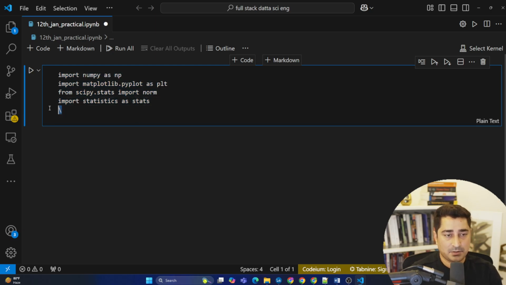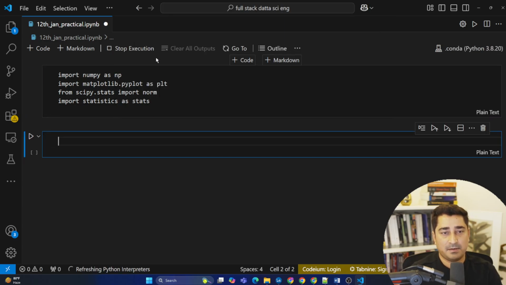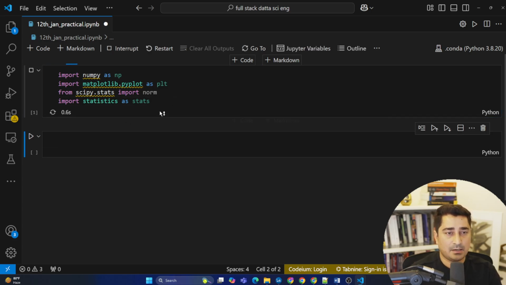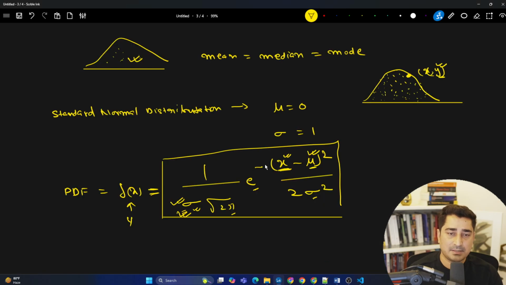Now just try to execute and check if something is missing inside my system. So select the Python environment, then Conda environment, and everything is not working fine for me. Let me check. It's executing. Yeah, so everything is working fine for me. I'm able to import all the required libraries. One by one, I'm going to use all of these libraries to show you a demonstration of the same thing that we are discussing over here.